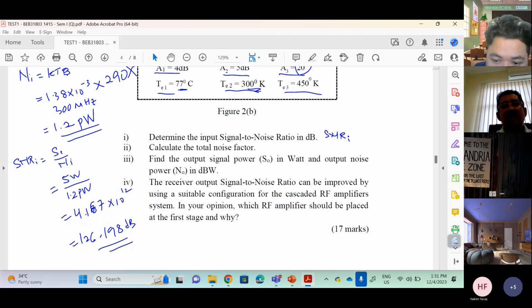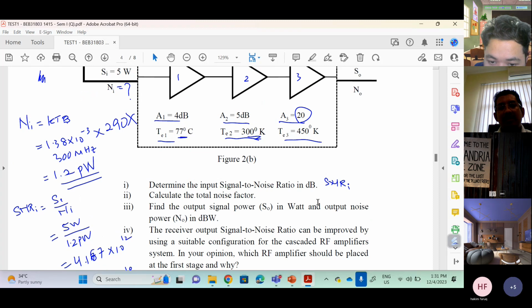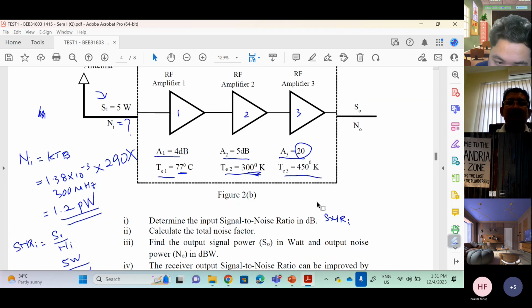Okay, sebab dia nak tanya dalam decibel. Okay, kalau ada silap tolong beritahu. So the second question asks you to calculate the total noise factor. Macam mana nak cari total noise factor? Untuk mencari total noise factor, you kena cari nilai F untuk setiap